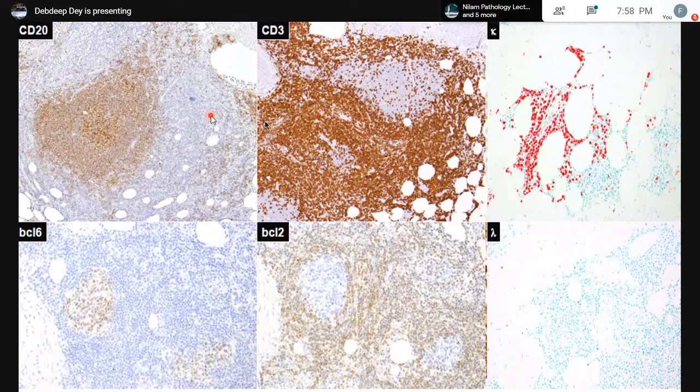When you do your brown stains, you see the CD20. This is your darkly stained atretic germinal center surrounded by this proliferation of marginal zone cells. So you've got a BCL2 which is negative within your atretic germinal center and positive within the CD20 positive population. The BCL6 highlights the residual atrophied or atretic germinal center. It is negative in the outside CD20 positive population, thereby helping us to rule out